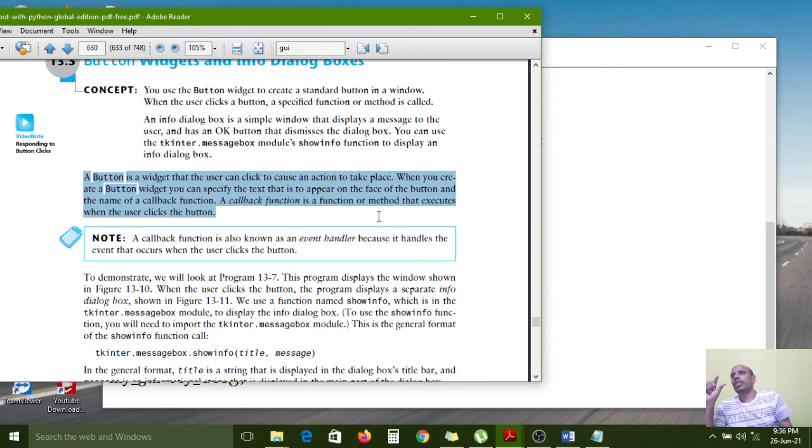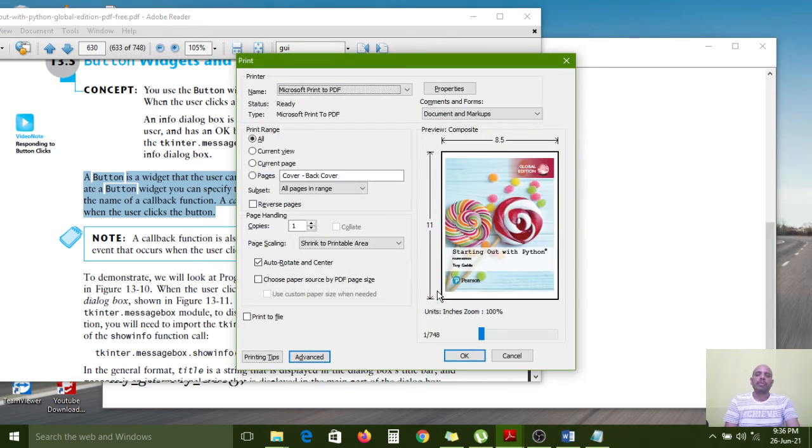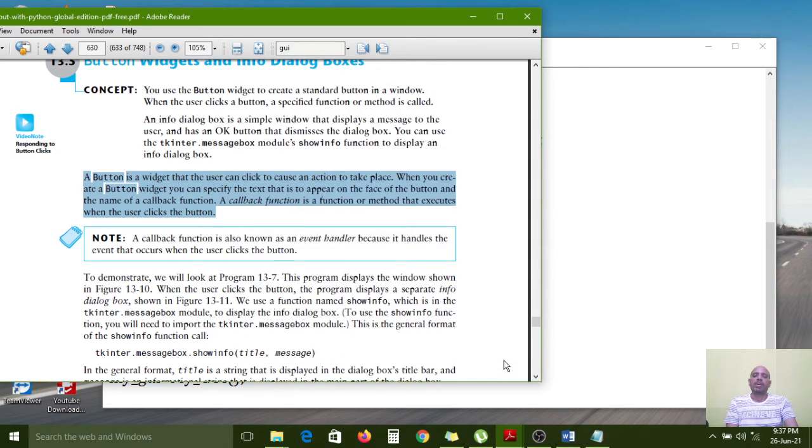On the button, you need to show some text. For example, I am pressing Ctrl+P. Here this is the button, a square type box, and OK is the message, right? So the text also we have to pass. You can specify the text that is to appear on the face of the button, like an OK button.